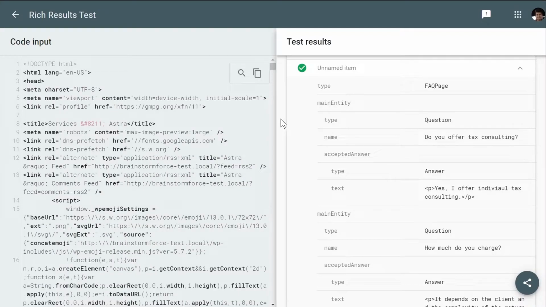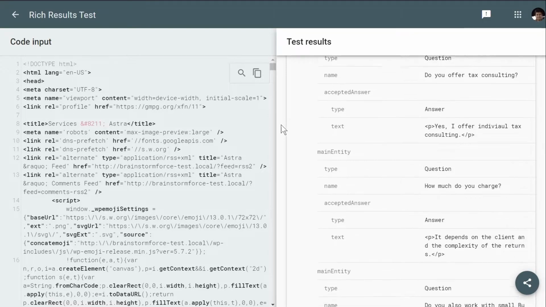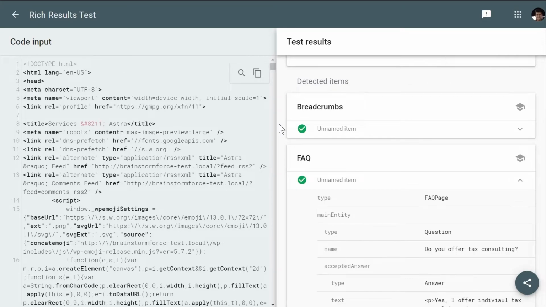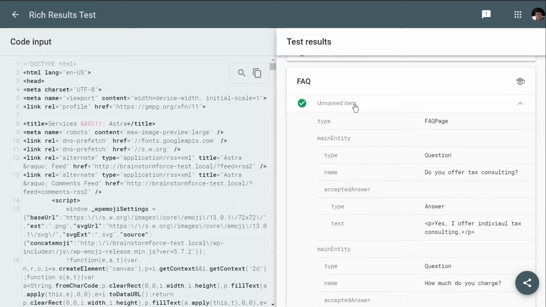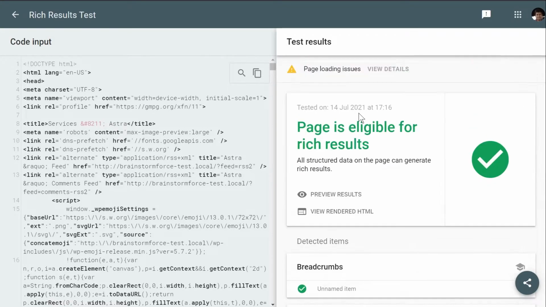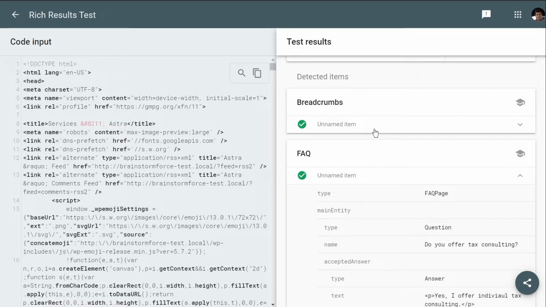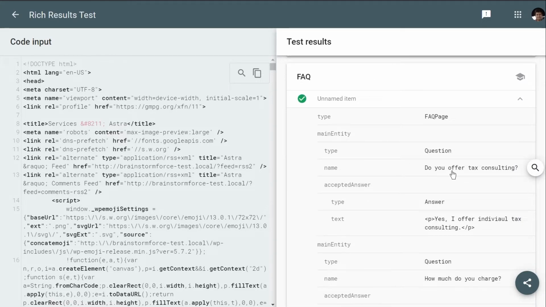So before I talk about method number 2 and how you can use it to add the FAQ schema to Elementor pages, here's a quick rundown on the rich results test for the page that I just added the FAQ schema on. As you can see, the FAQ schema is being generated. Google is also saying that the page is eligible for rich results, which is the intention of the video. And you can also see the questions that I added are being detected by Google perfectly fine without me having to do anything. So this is the result of the first method.